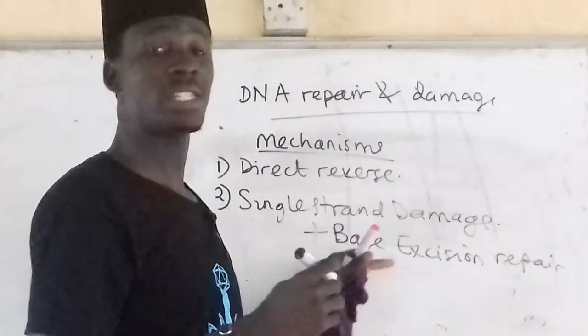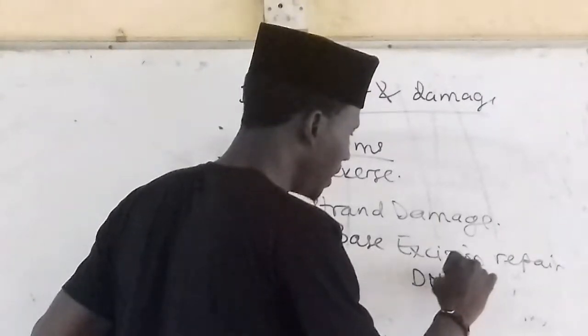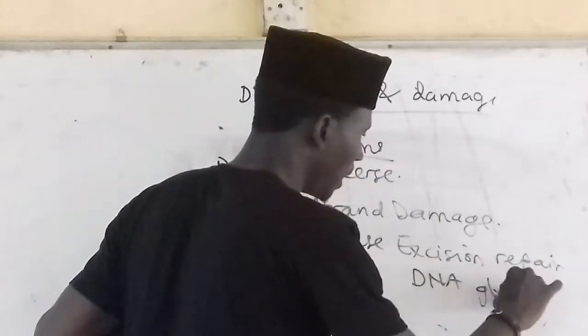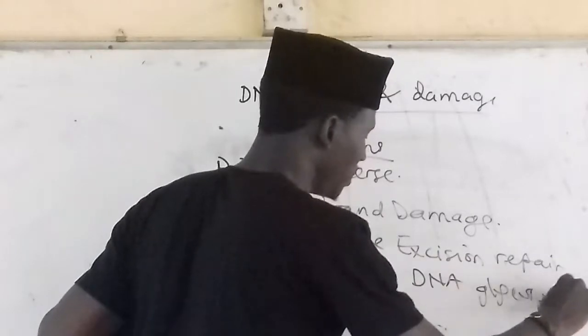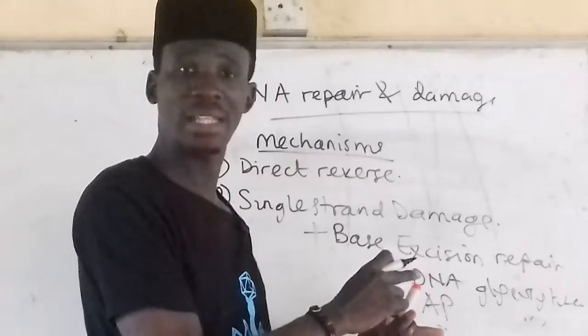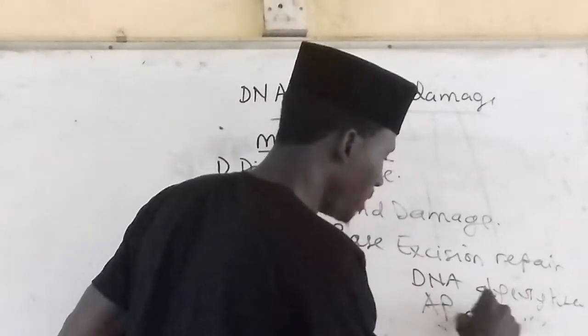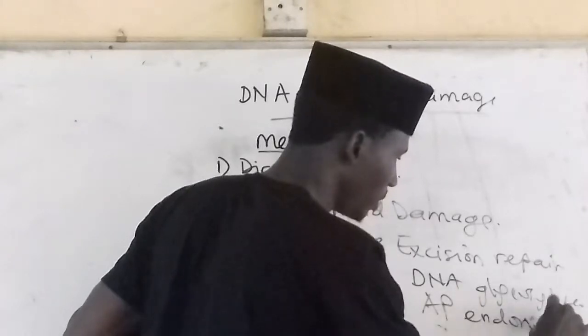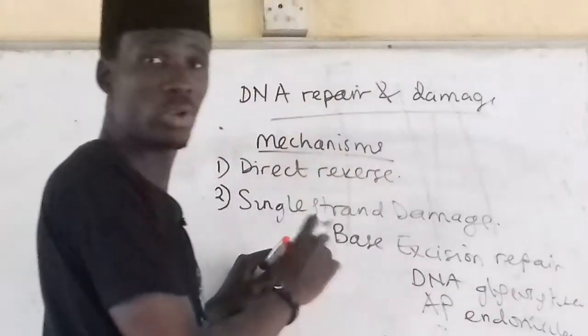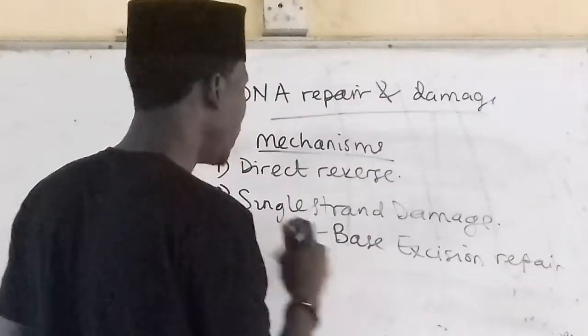Under the base excision repair, we're talking about DNA glycosylases, and AP simply means apurinic and apyrimidinic endonucleases. I will explain more on that in a separate video. All right, then after we have this, then we have